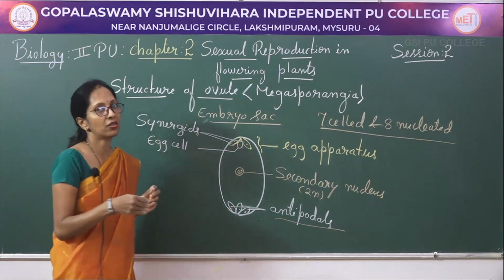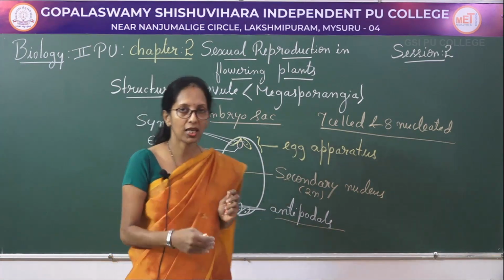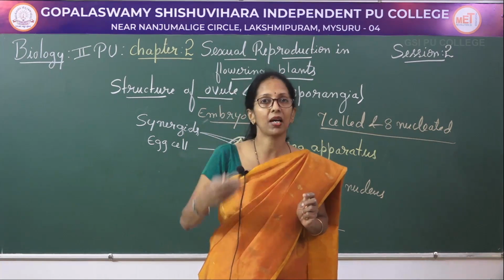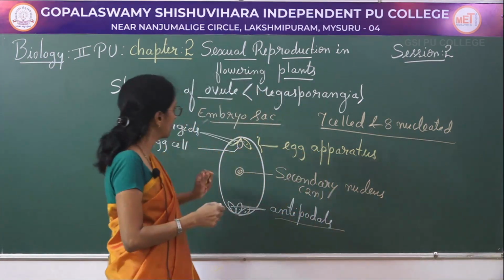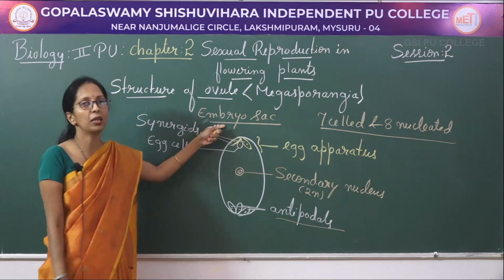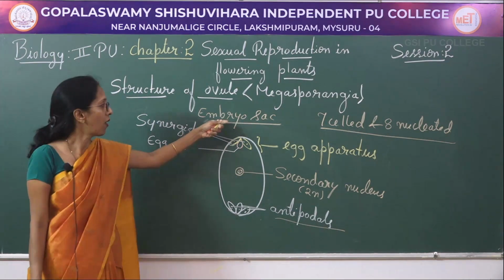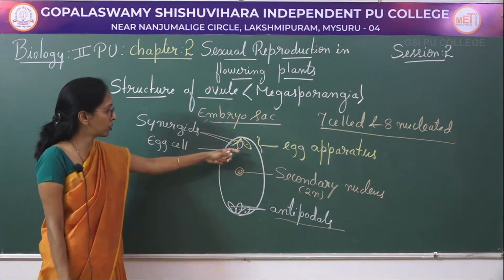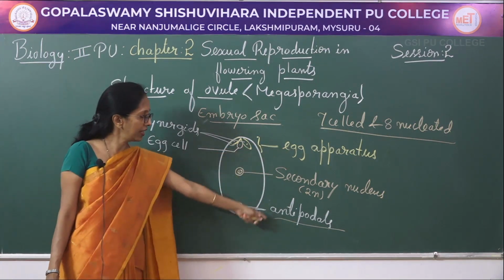The basal part of the nucellus is said to be the chalaza, and within the nucellus towards the micropylar region there will be a development of the female gametophyte, also known as the embryo sac, which consists of 3 regions: